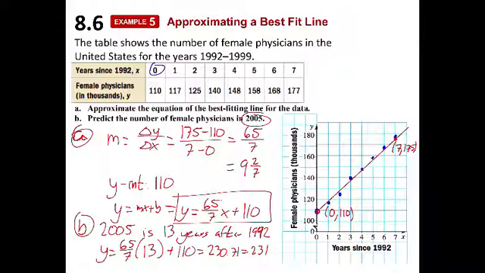Now remember, we're asked this question in a sentence, so we should answer it in a sentence. So we should say there will be 231 female physicians